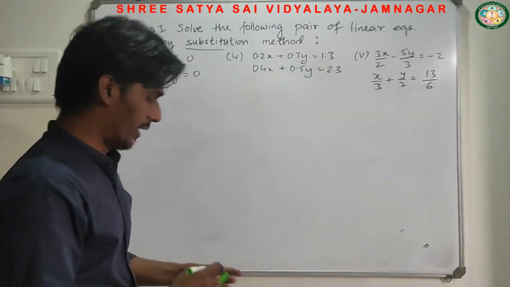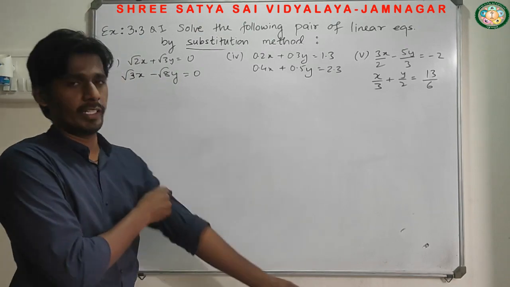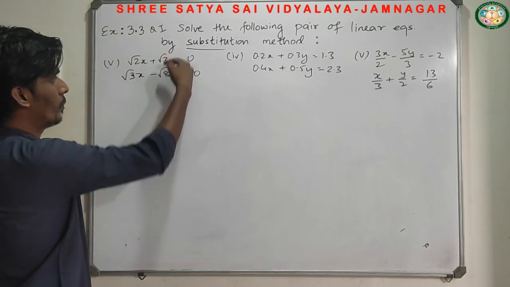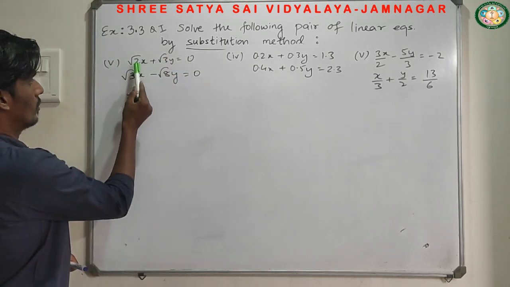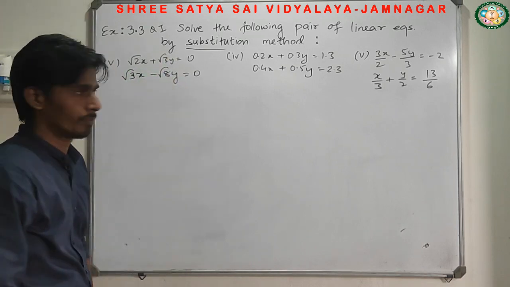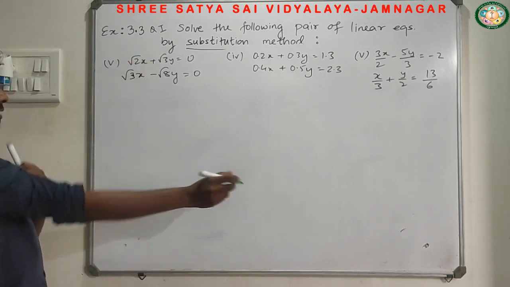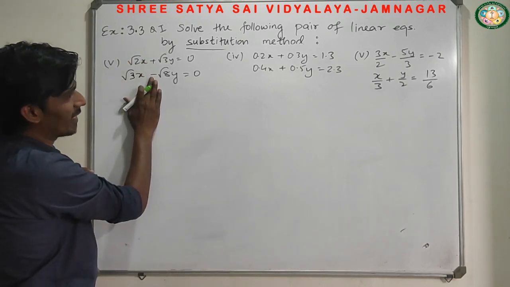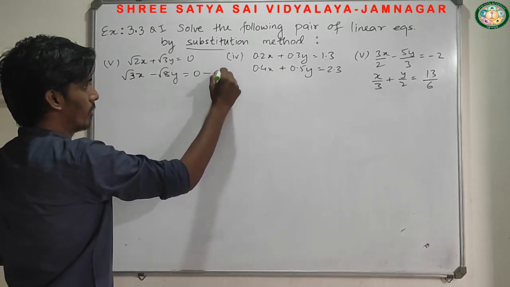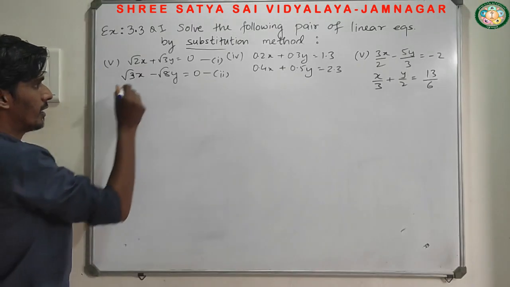Let's solve these remaining textbook questions. Now I think all of you know the method. Just find out how to solve this one. Orally I am going to calculate a1 upon a2 and b1 upon b2: root 2 upon root 3, and root 3 upon root 8. Definitely they are not equal. So we are going to find its solution. From the first or second equation, I think here there is a negative sign. If I take this negative sign to that side, say this is equation 2 and equation 1. So I am going to use the second equation.